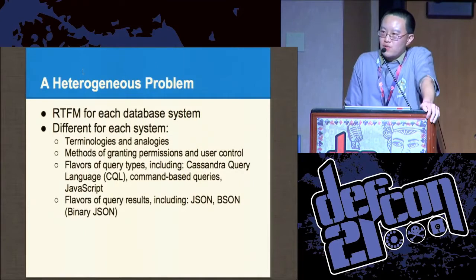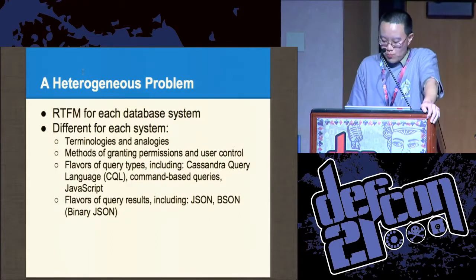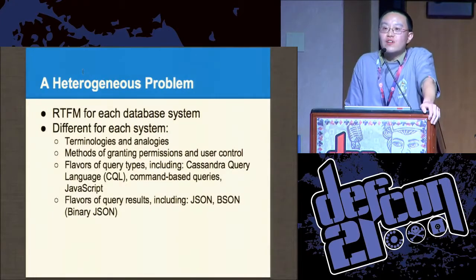All right, heterogeneous problems. Now, how many NoSQL databases are there? This many. Too many to name. Now, the big problem is different database systems. You're also dealing with different sets of terminology. For example, in Mongo, the whole idea of a table is a collection, and the whole idea of a record is a document. It's completely different in Cassandra. Redis is just key value pairs. And how about the results? Different systems, like for example CouchDB, support different sets of outputs as well, such as JSON and even binary JSON. So what does that have to do with security? We have this problem, known as